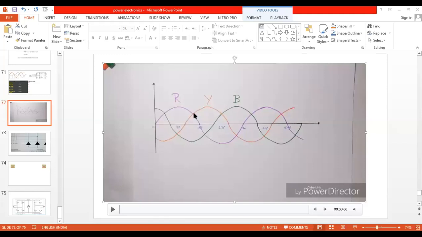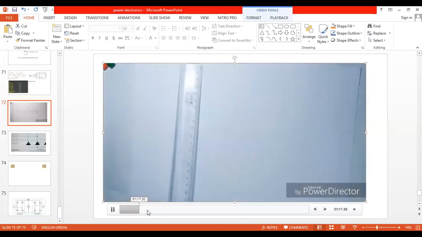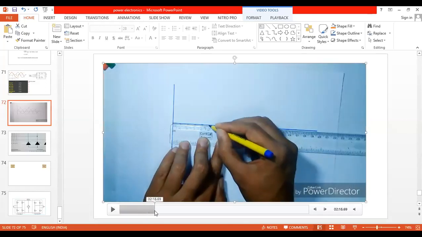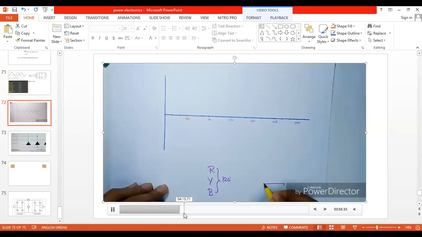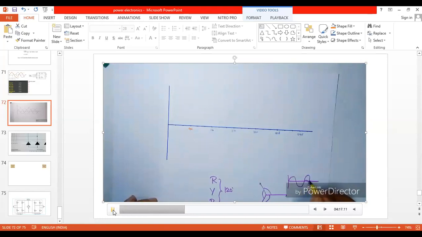Now you see, but still I'll show you this explanation because without this diagram, nobody is going to understand how we are going to draw the waveform. So first, as we know, three different voltages, three-phase supply. First, why are we having three-phase converters? Single-phase converters are used only for low power drives, that is 15 kilowatts, up to 20 kilowatts. So for greater than 30 kilowatts output load, we are supposed to go for three-phase converters only.